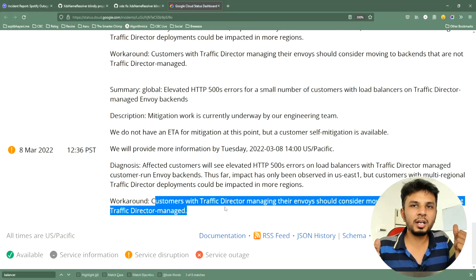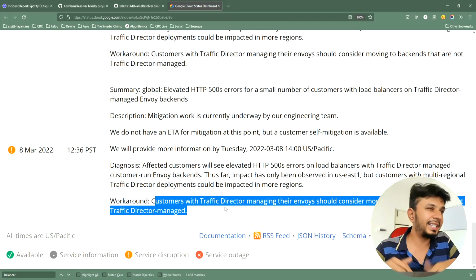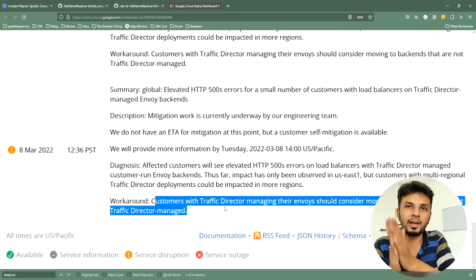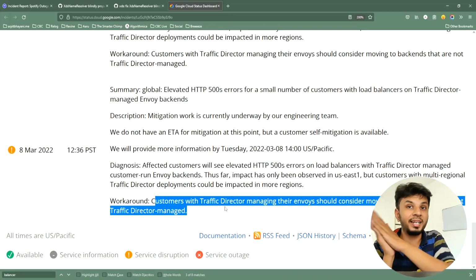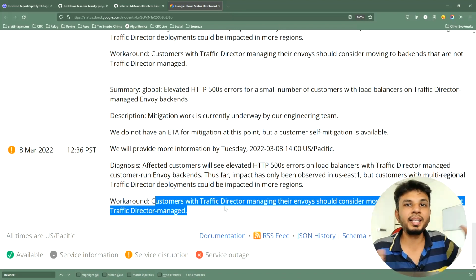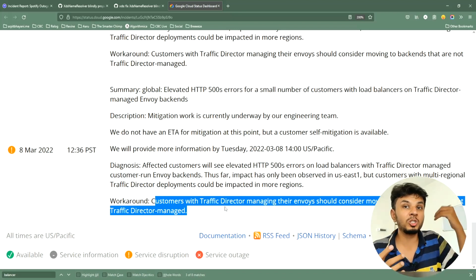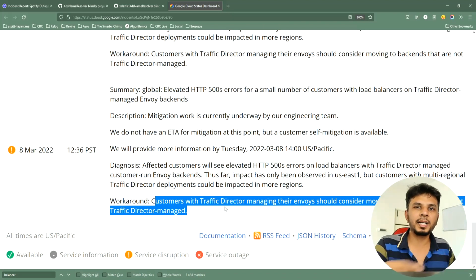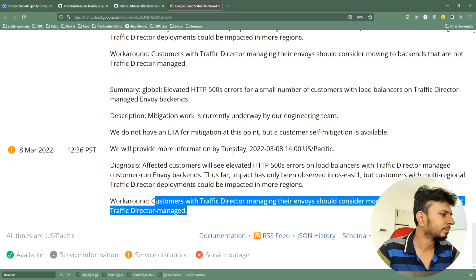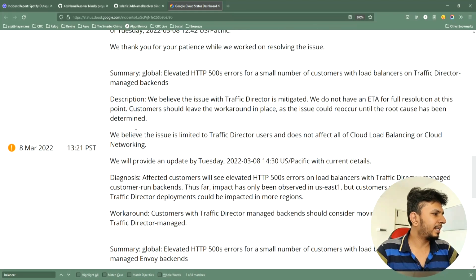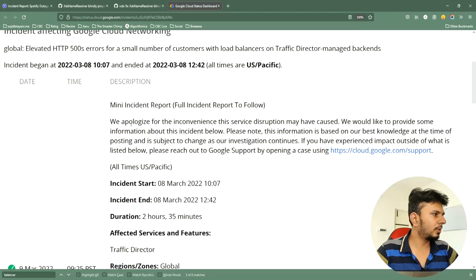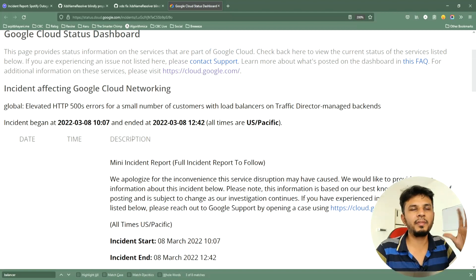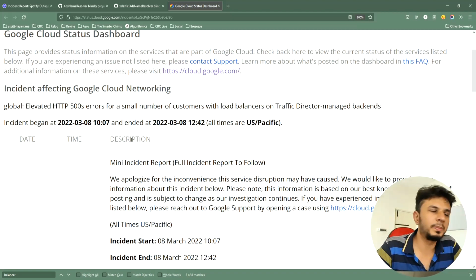So as a very quick workaround, the GCP team suggested immediately moving traffic from Google Traffic Director managed backends to anything that does not use that. They did not specify DNS, but because Spotify already had partial workloads on DNS and knew how to do it, they immediately switched back to DNS based routing. They didn't have an ETA back then, but now their issue is resolved. A detailed report is still pending, which they hopefully should be releasing soon.